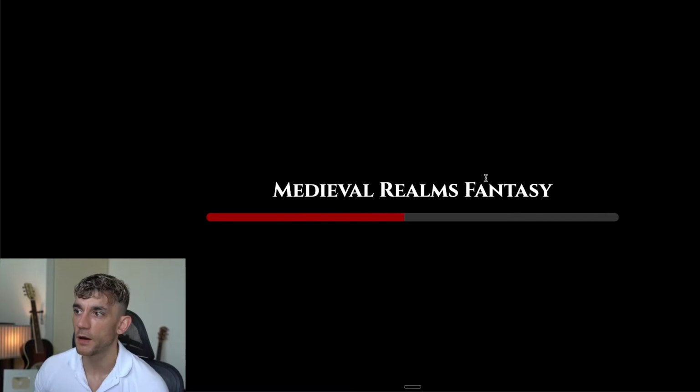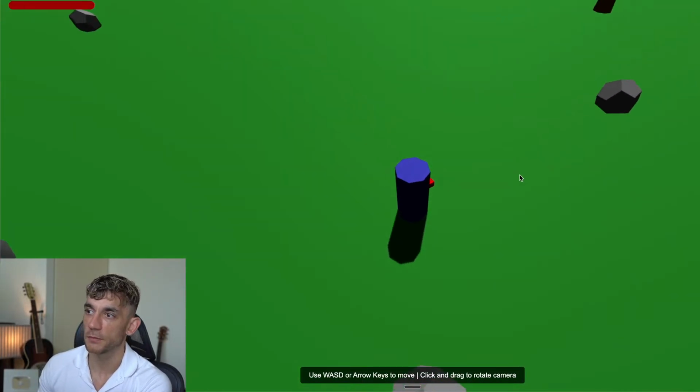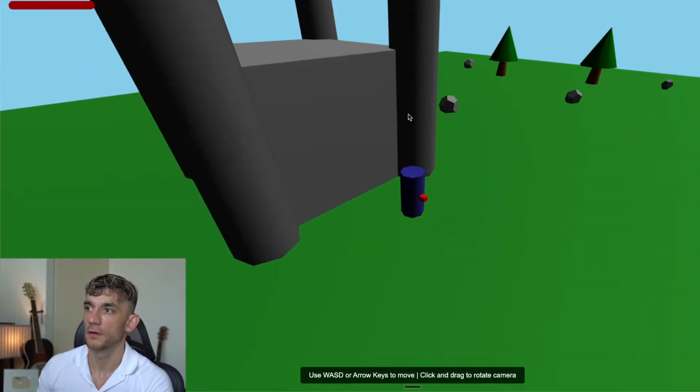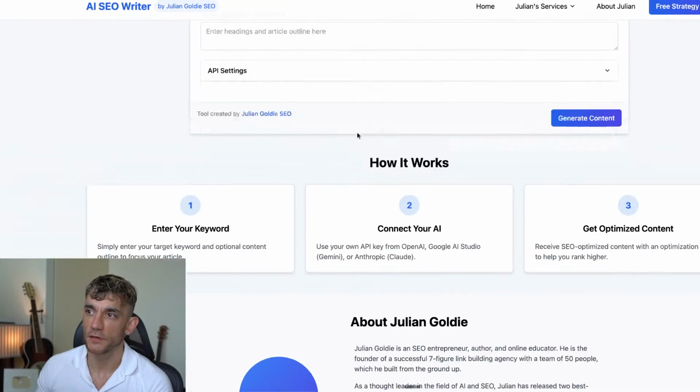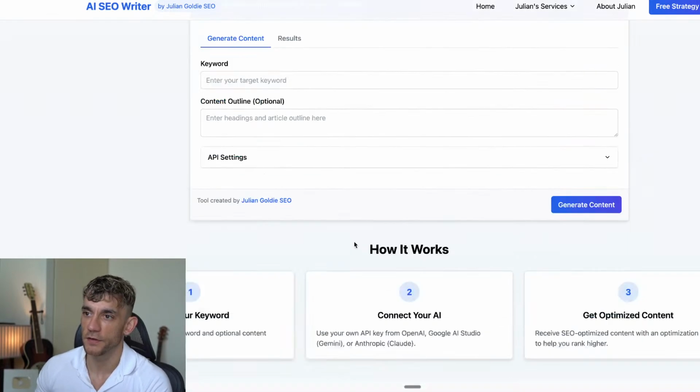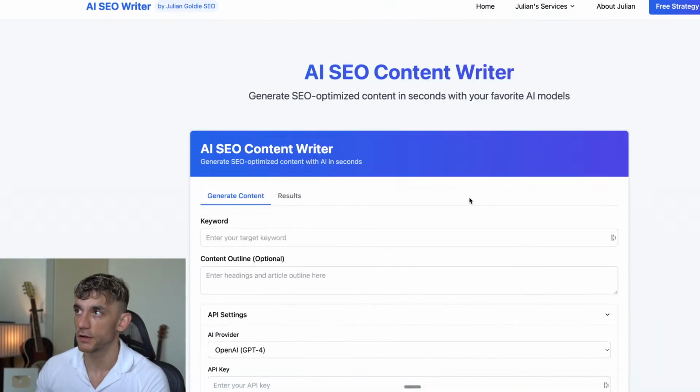If we pull up some examples of Manus, you can build other stuff, like for example 3D runner games. You can see, you can create SEO tools. This is another SaaS tool we created for AI SEO content writer. It actually takes an API key, and then you can plug in the API key and generate content with it.